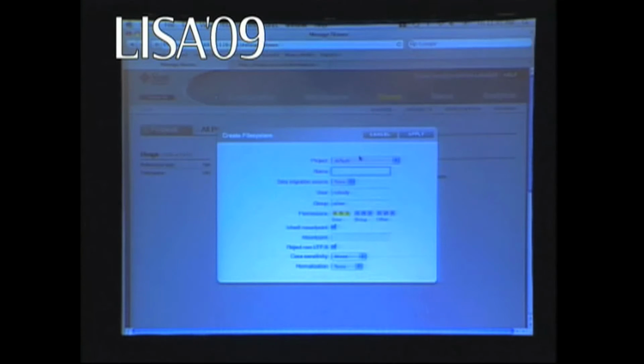So I'm going to go create a file system. We'll call this Lisa 2009 to differentiate it from the Lisa 2008 share that's already here. No, I'm just making that up. All right, we'll create that share. That's there. So if I now go over to my Finder, I should be able to mount this thing,